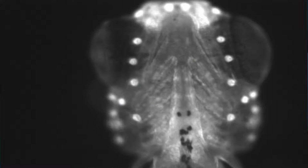So in 24 hours, you basically have the basic body plan of a vertebrate, and you see how the brain, the spinal cord, the different organs come up, and you can follow that by simply putting your larvae or your embryo under the microscope. So the relevance of our work is, since there's been a lot of focus in the